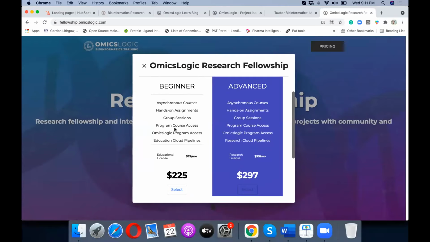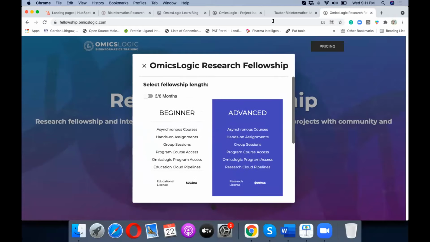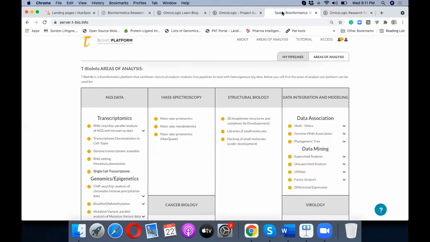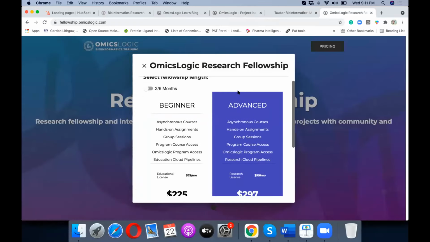That helps the student community or the research community to avail of the research fellowship, and also avail of all the resources, including the cloud platform or the cloud pipelines where you are going to upload data and analyze, and including the courses, the projects, and the sessions. So all of it is involved in these different licensing options that we have put together. And as I said, there are other options also for students to pay. They can choose to pay in an installment manner if they have financial issues.